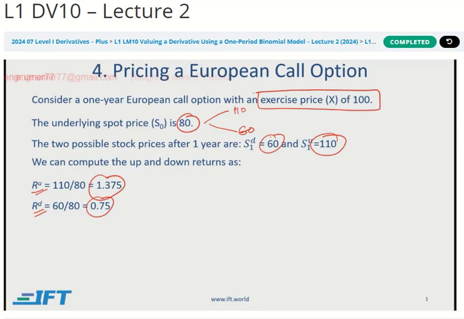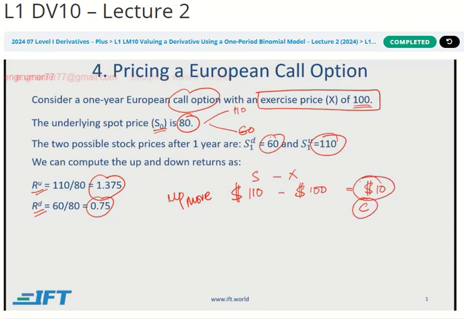Now the exercise price is different from the spot price. The spot price is what it is right now, but this is a call option with an exercise price of 100, which means if it goes to 110 and you can buy it at 100, which is your S minus X, what it will be worth is $10. So in the case of an up move, your call option value becomes worth $10 in terms of its exercise value. In case of a down move,